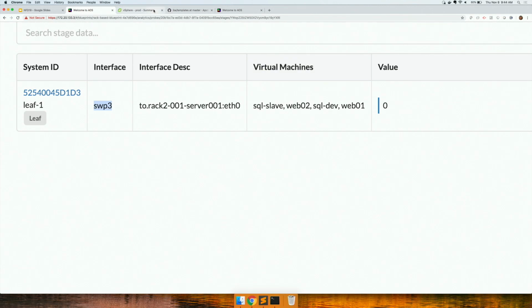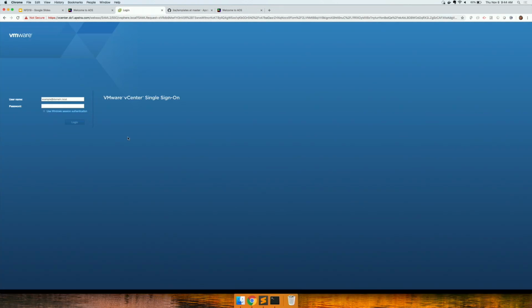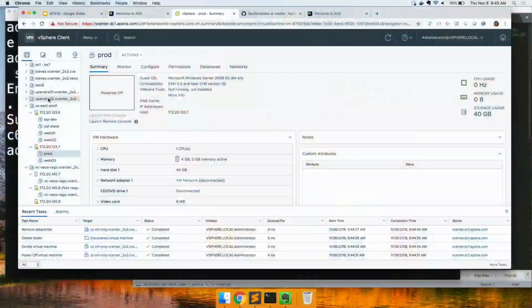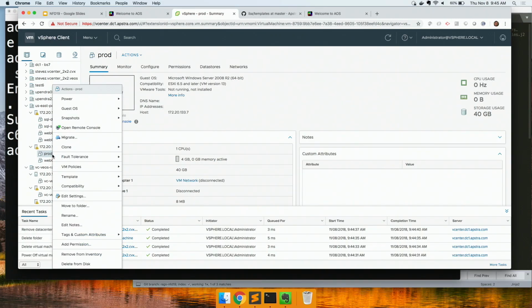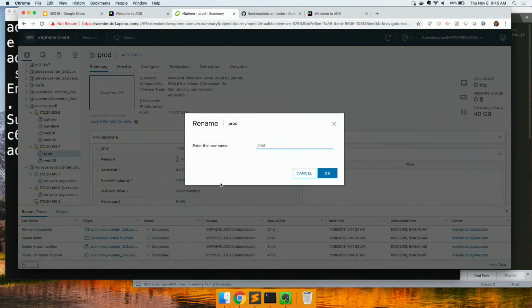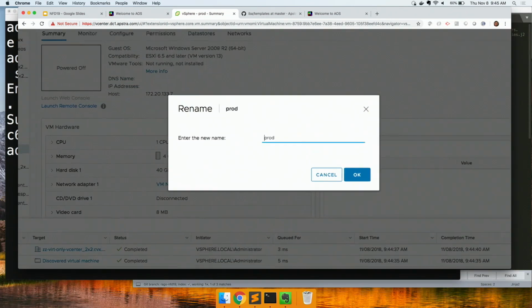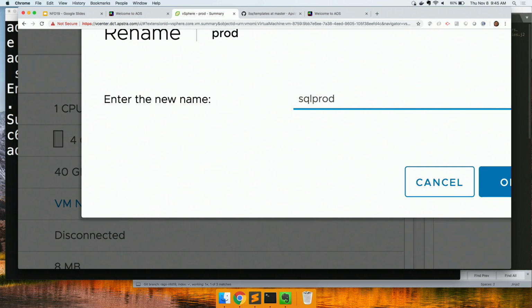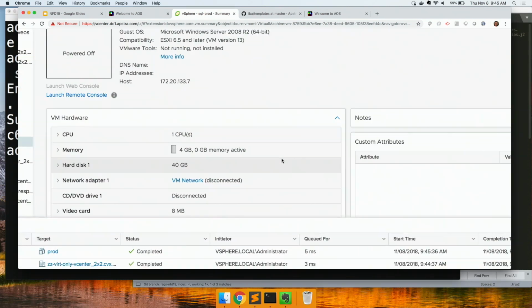So now I'm going to vCenter and I'm going to create a new VM. This is the vCenter that I have, the US East pod. I already have an existing VM. I'm just going to rename it to represent the creation of a new SQL Server VM. I'm just renaming it to be SQL, just to save time on the demo. And we will see that once that is done,